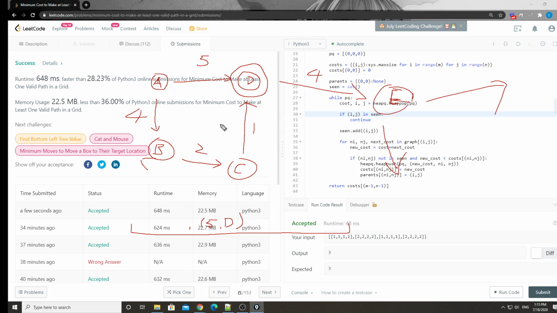Okay, so the first one is 5D and the second one is 4B. Okay, and then the 4B will be popped, right? Since we're always popping the smallest distance first. So the 4B is popped, and then